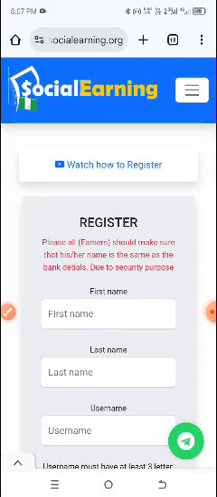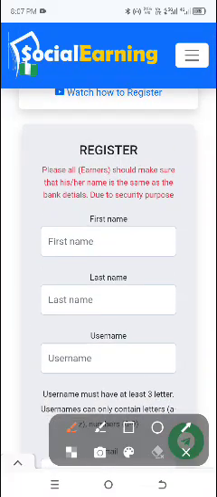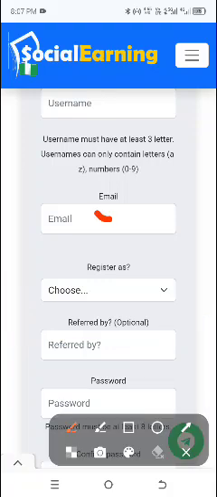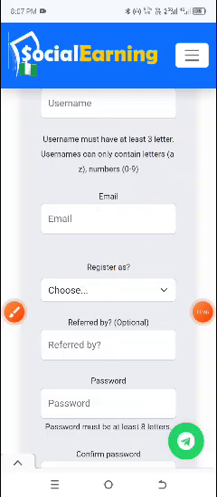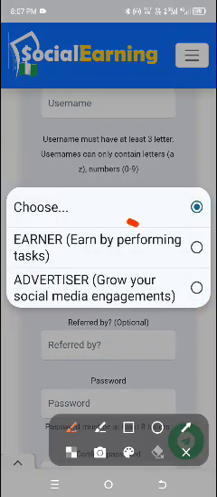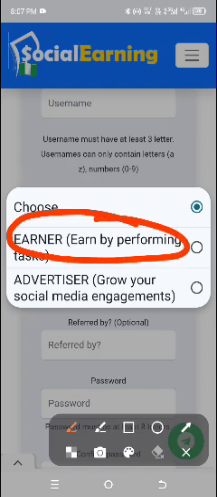So just click on it, register, enter your first name, your last name, your username, and then enter your active email, because you receive a link to verify your account. Then you have to be very careful here. You click here and select earner if you want to earn on the platform.